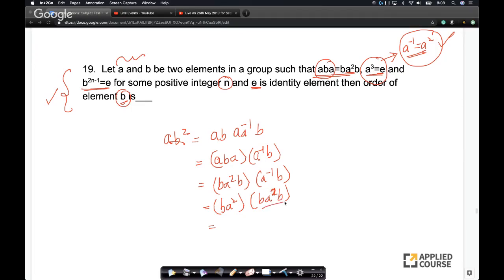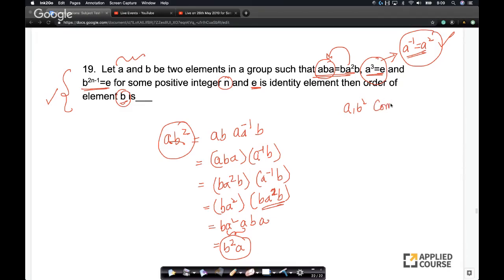Okay, so what is BA square B now? BA square B is ABA. I'm trying to use this somehow. I got this, which means I'm going to use ABA now. So I have ABA. What is this? I know that A cube equals E. So this is now B square A. Look at this. AB square equals B square A. This is what I wanted to prove. Now, what does that mean? It means A and B square are commutative. They both commute, right? So let me write that.